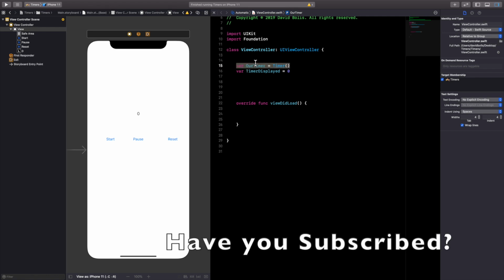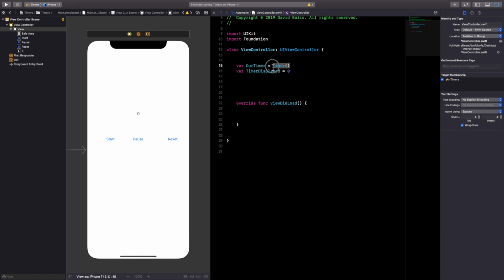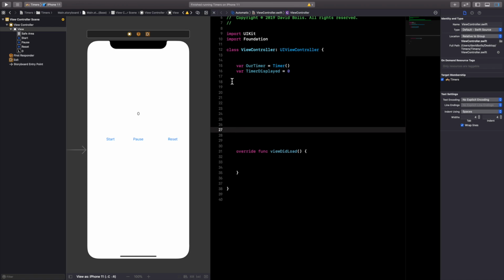So I created an object here called our timer, and I gave that a value of timer. Now, you'll see how we can use that right now. I also created another object and gave it a value integer of 0. Let's go ahead after this step, after you created both those objects, and actually add those objects into our view